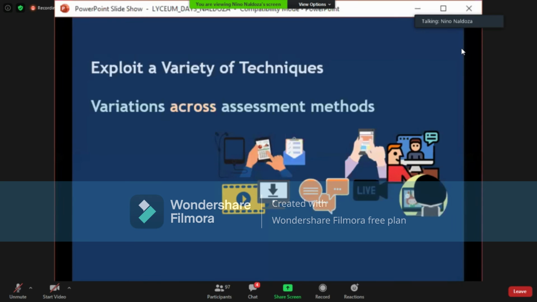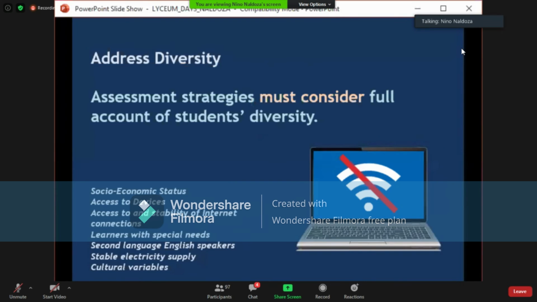It can be through email, it can be through chat. A simple question will do and you ask your student to give a response. And that is a good way for you to manage your course, to manage your assessment for them. There's also diversity. This is very important. I know most of you here, this would be your primary concern. How can we address the diversity of our students in terms of different categories or factors?